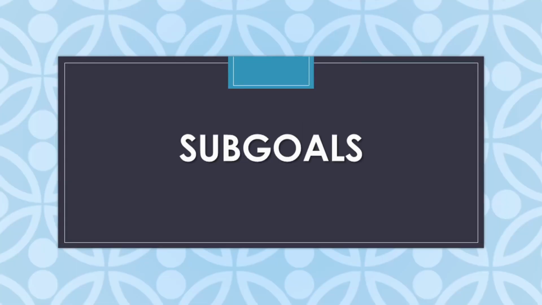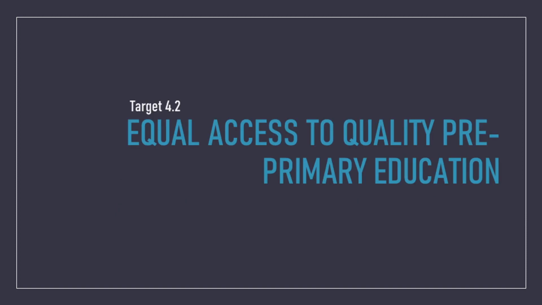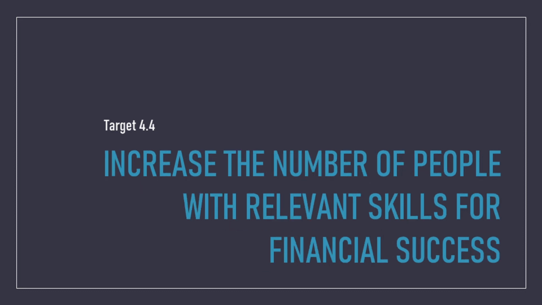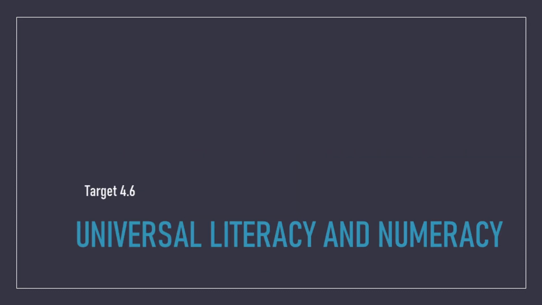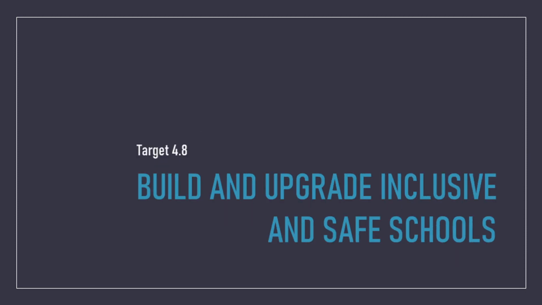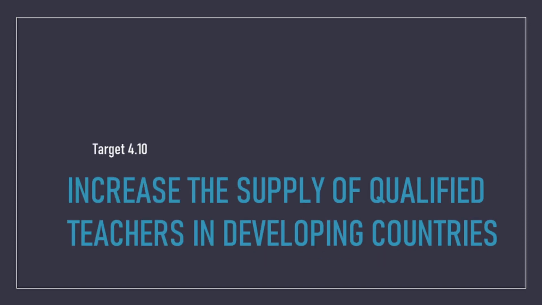Some of these sub goals and targets under this fourth SDG include ensuring that all girls and boys have access to free, equitable, and quality primary and secondary education, along with early childhood development and care, ensuring equal access for all men and women to affordable and quality technical, vocational, and tertiary education without any disparities, ensuring that all learners acquire knowledge and skills to promote sustainable development and growth, building and upgrading education facilities that are safe and inclusive for all, irrespective of age, gender, or disability, and expanding the number of scholarships and increasing the supply of qualified